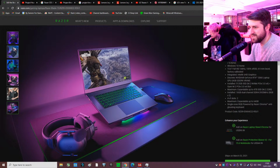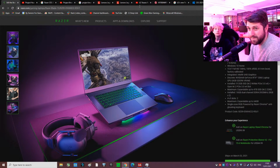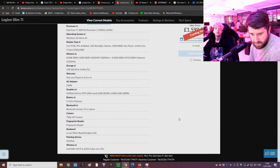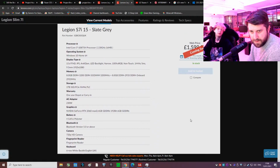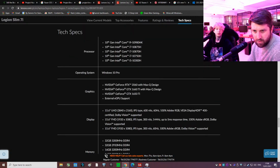Again, I feel like at $1,600, when you've got the Razer that's $100 more, you are getting a lot more for your money than what Lenovo are offering here. 100%. What are we looking at in terms of size? Is this going to be thinner? The 720p camera's a bit bobbins as well. It's definitely going to be thinner and lighter, isn't it? But that's the whole point. It doesn't say anywhere, though, does it? Not that I can see. I am really blind, so...